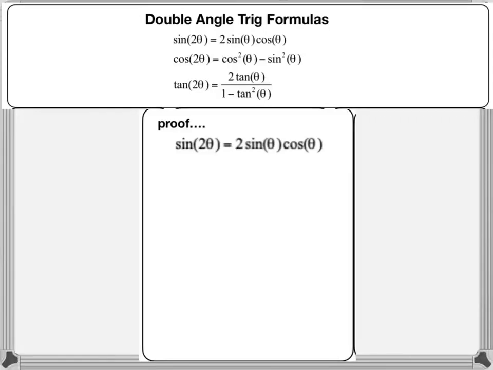Okay, so we're going to start off with some of the quick proofs of these double angle formulas that are listed up top. So how do they get like that? Okay, and so what we're going to do is that in order to prove the first one, which is sine 2 theta equals 2 sine theta cosine theta,